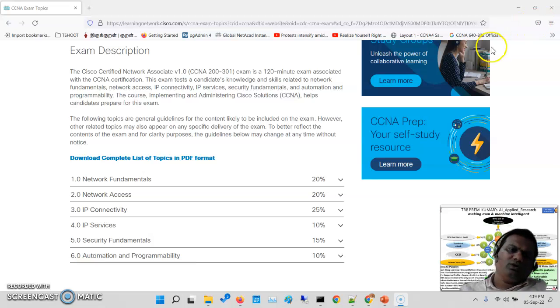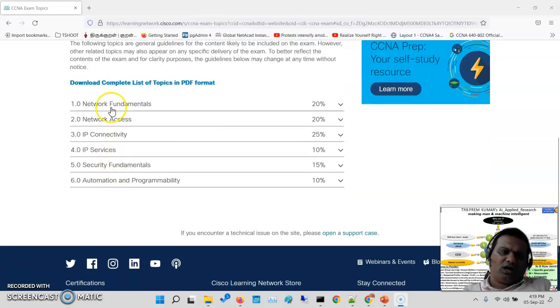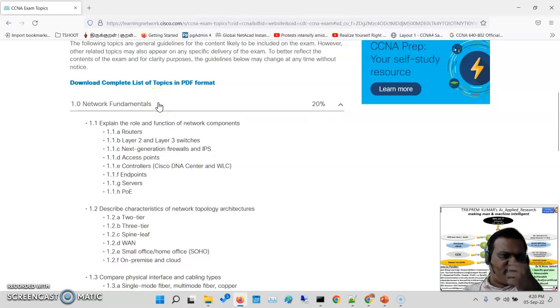Now we will be seeing one by one. We will start with what topics will be covered in network fundamentals, and what topics are covered in network access, IP connectivity, IP services, security fundamentals and automation and programmability. So if you see this, first in network fundamentals we will be covering